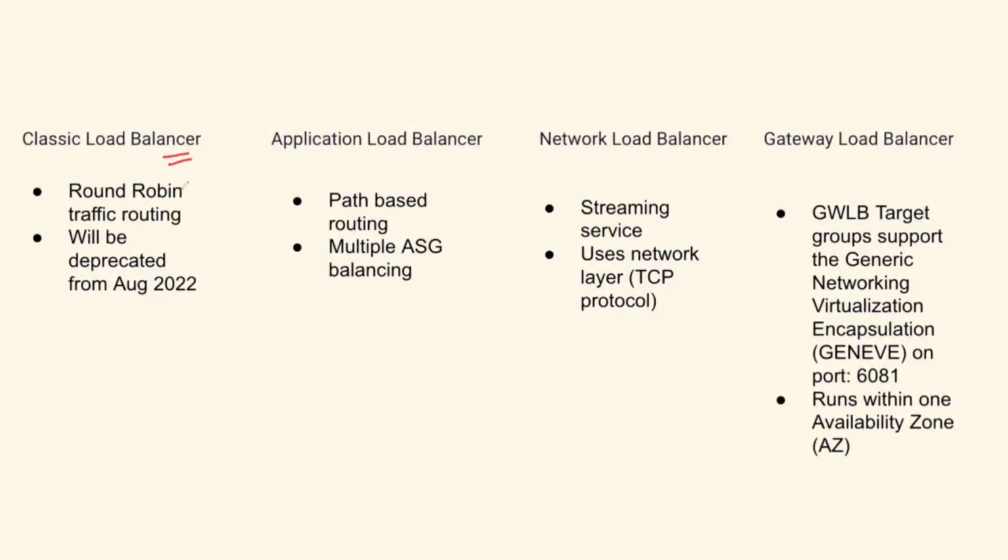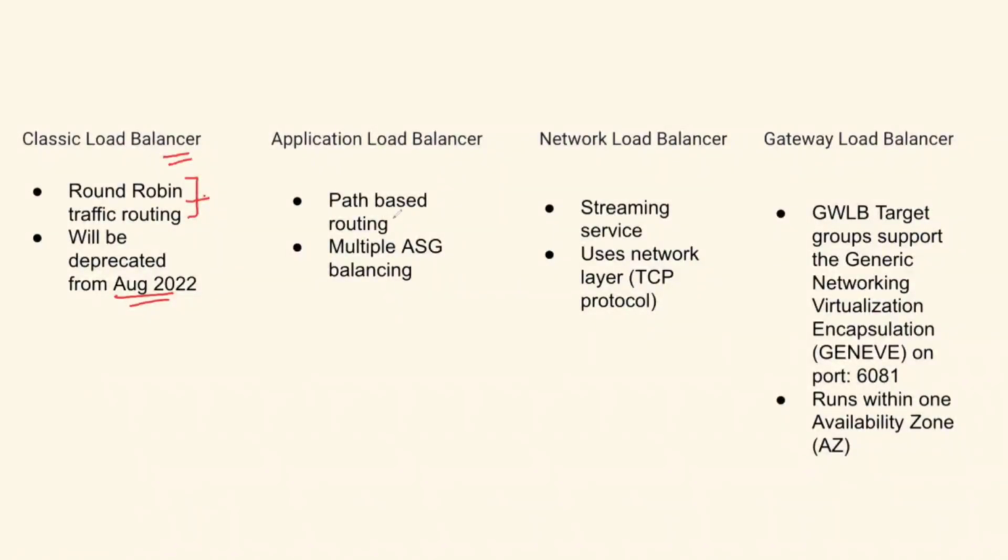And the classic load balancer uses a logic called round-robin traffic routing. Round-robin traffic routing is a very famous way of sending traffic between multiple EC2 instances. But we don't need to discuss a lot about this. The reason is it is planned for deprecation by August 2022. Hence, if you are using classic load balancer by any chance, you should know that you should move away from classic load balancer already. So let us forget this classic load balancer for this particular question and focus on the